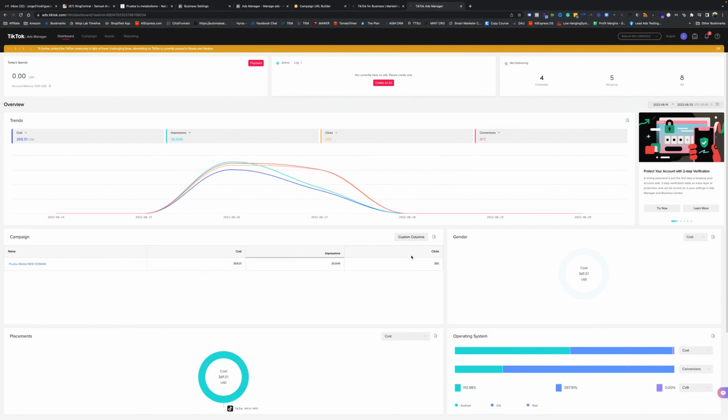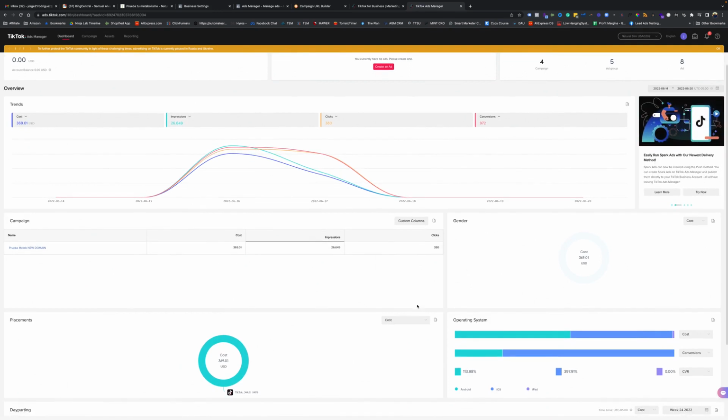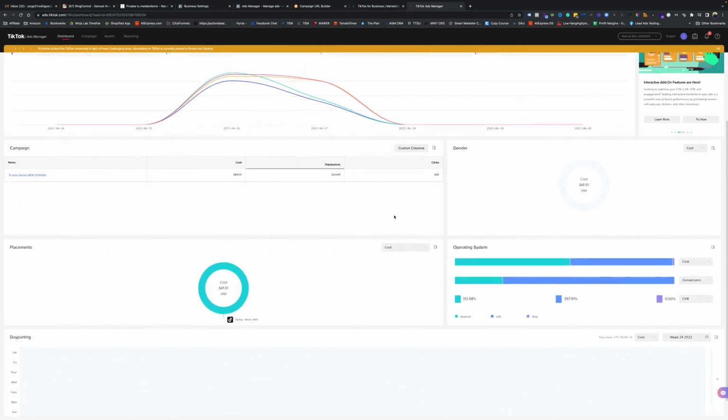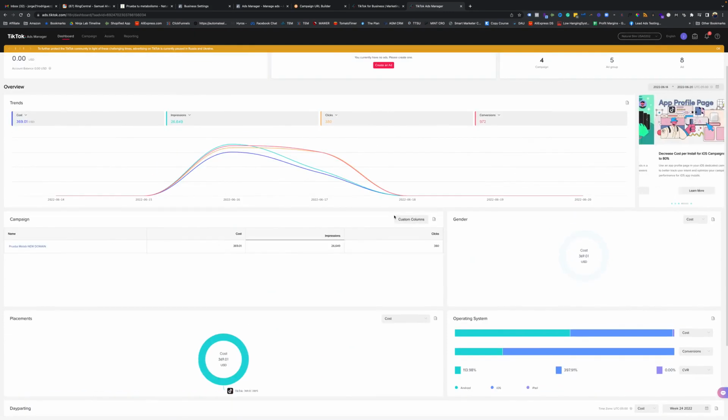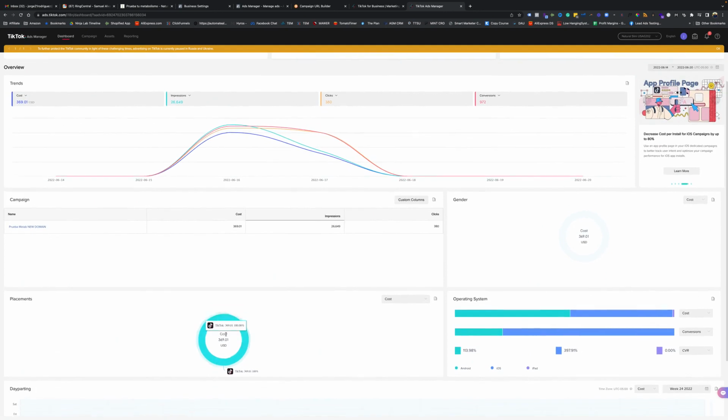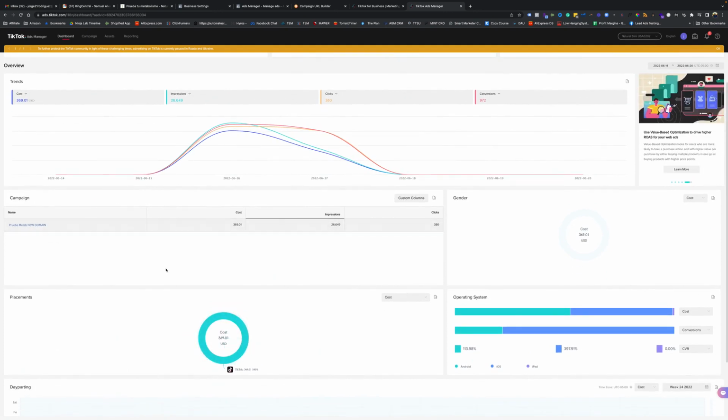So this is the dashboard for them. You can see we've run some other campaigns, and it gives you some breakdown of the data right here on the homepage on the dashboard. For example, over here we can see that we spent $369. We got 26,000 impressions, some clicks, the gender breakdown, and this is actually pretty cool. It breaks down the operating system, whether it's Android or iOS and iPad and things like that. So you can start to gather some data